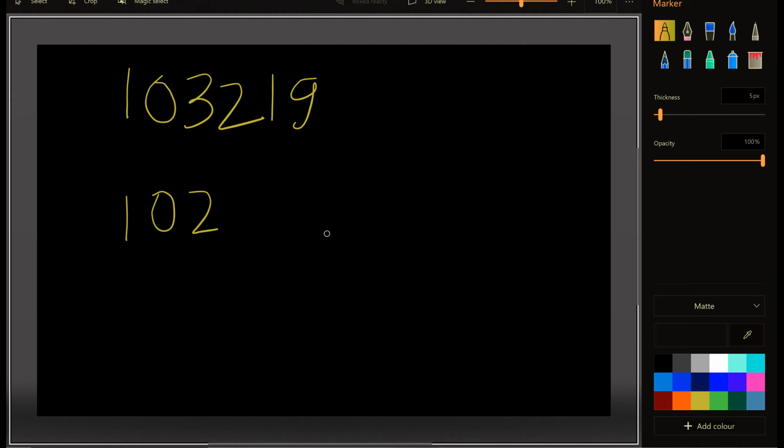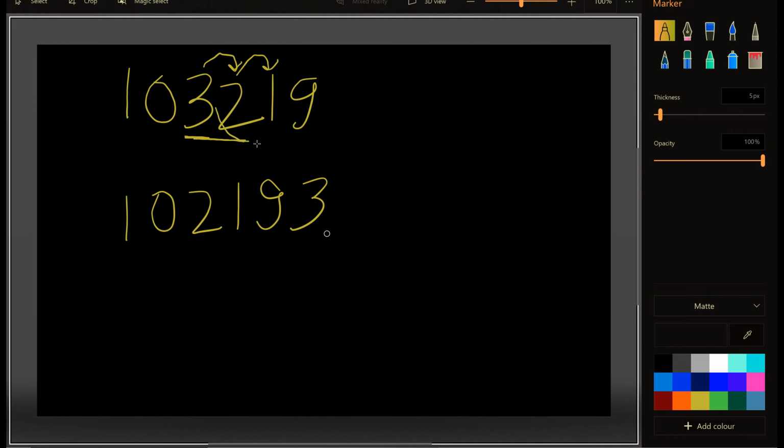To understand the key observation here, consider that we have a source string 103219 and we have to convert this into a target string 102193. Now if you observe, 1 and 0 are already at their place, then we look at 3. Now we can move 3 to the right by swapping, or I would say sorting, these two indexes. So 3 can come here, and then we can move 3 over here as well by sorting these two indexes.